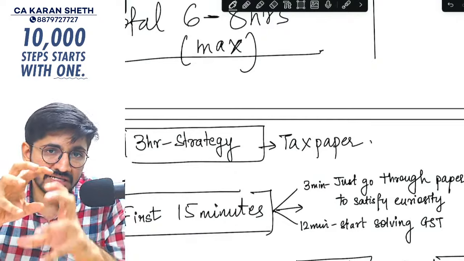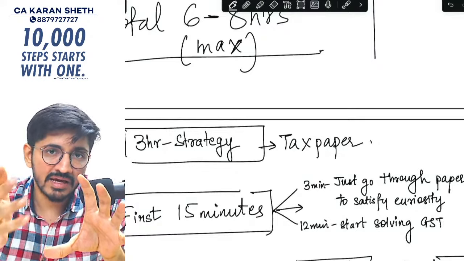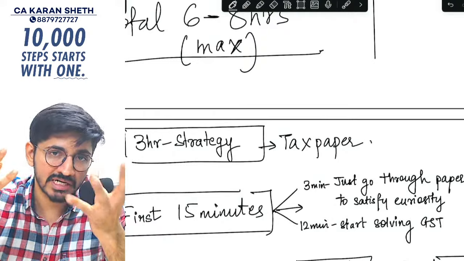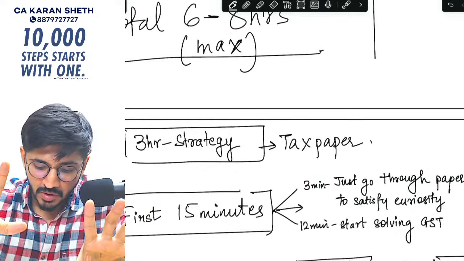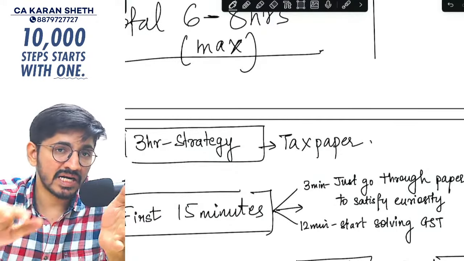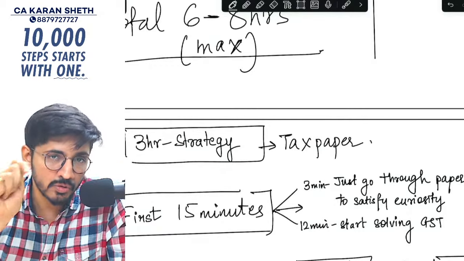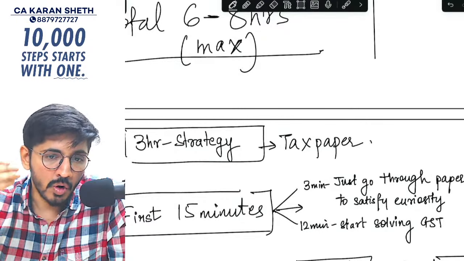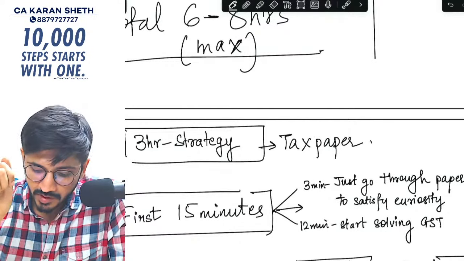First 2 to 3 minutes, just flip around the entire question paper to satiate your curiosity, because you will not stay without seeing the whole paper. And ideally try to see GST first, then DT, and see DT from the back, not from the front, because ideally this is the strategy they use. The very first question is extremely difficult, so the confidence is lost, and that is where ICAI can fool you. So we are not doing that.